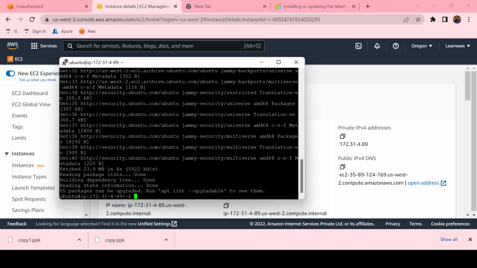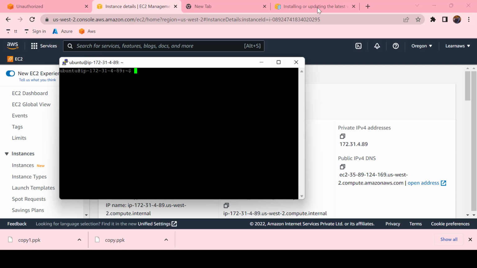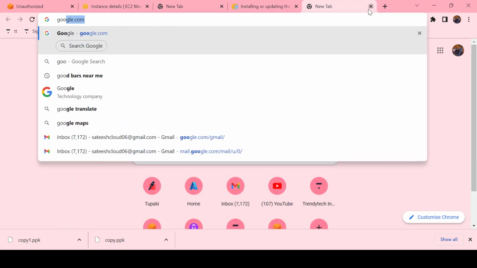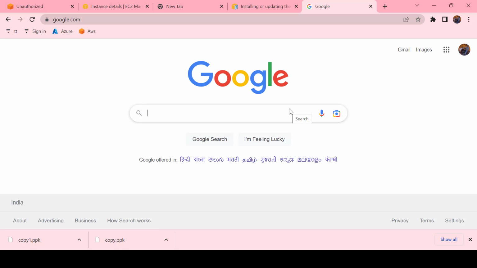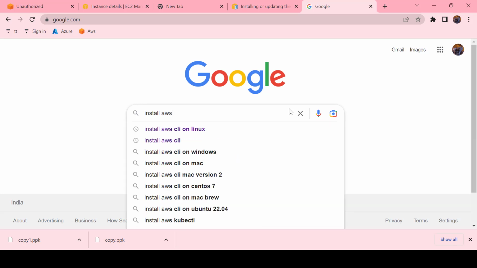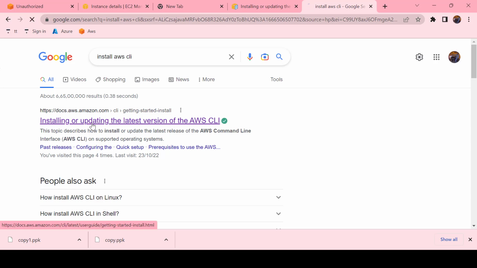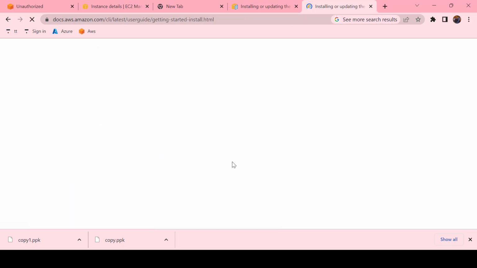Okay, I have updated all the packages. Now I want to install AWS CLI on this server. For that, let's go here. You can just type in Google install AWS CLI. Okay, there's an official AWS page that would open, and